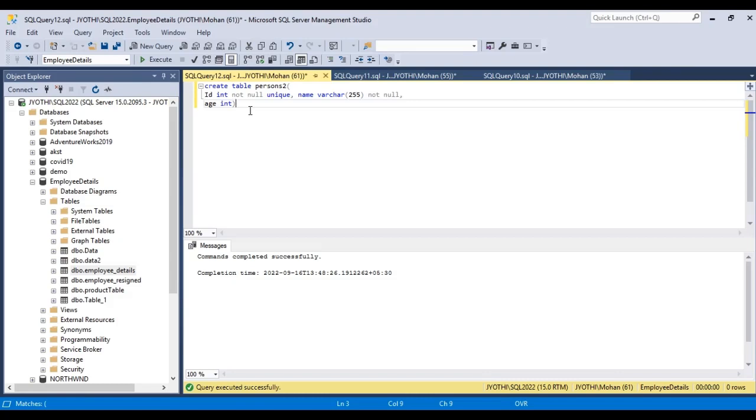Like this we can alter the table. Using the alter statement, let us give alter table persons2, and here we can give add unique ID.